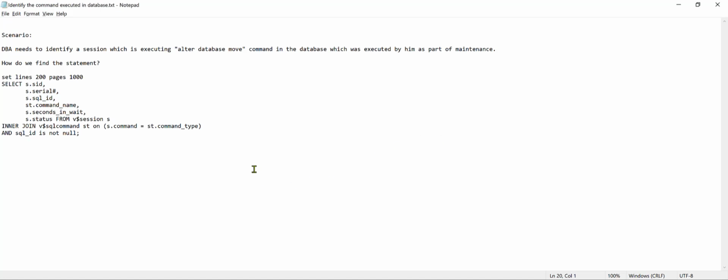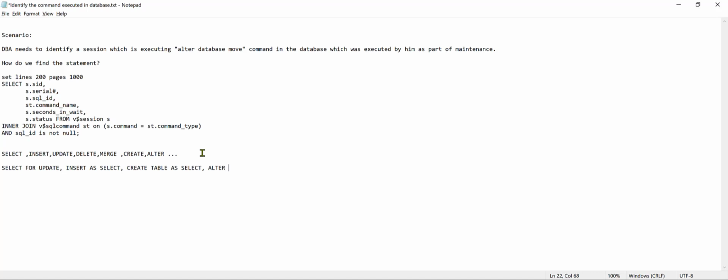Okay, so we already know that there are a lot of commands or statements like select, insert, update, delete, merge, create, alter. Likewise there are a lot of commands and there are different variants for these commands, right? So there is not only the select statement, there is also select for update, insert as select, and create table as select,